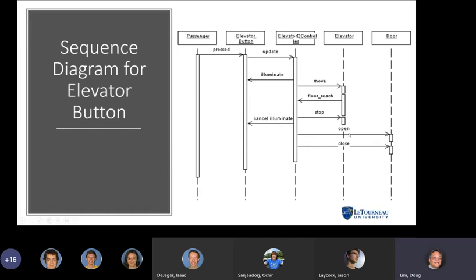So we can see here the opening and closing of the door, and the actual thing that would happen in the elevator controller would be a time delay, that it decides to close the door at the floor until the button is pressed if there aren't any other requests for movement. So this is a basic sequence diagram.